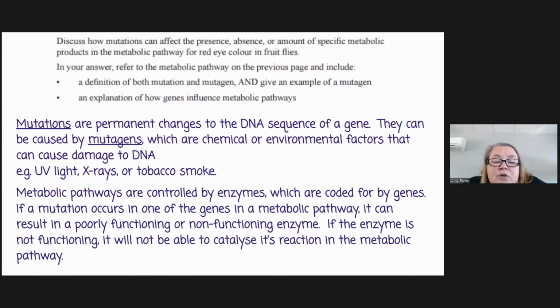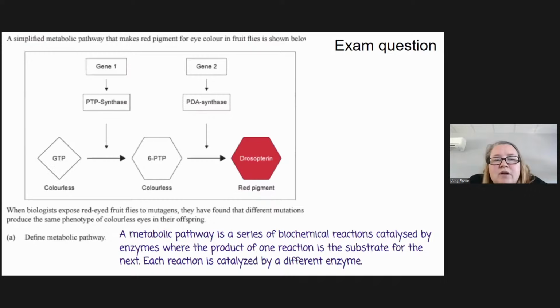Metabolic pathways are controlled by enzymes, which are coded for by genes. If a mutation occurs in one of the genes in a metabolic pathway, it can result in a poorly functioning or non-functioning enzyme. If the enzyme is non-functioning, it will not be able to catalyze its reaction in the metabolic pathway. Okay, so if we go back and look at our drosophilin pathway here,